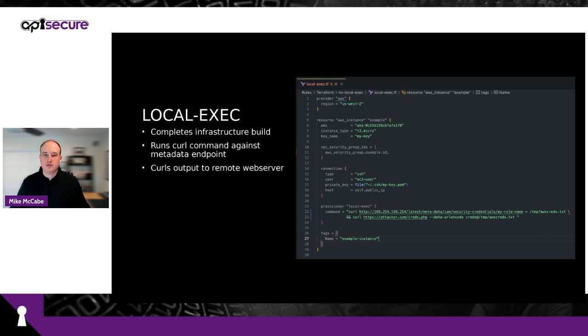You could do something like just dump it in the Terraform output so you can see it in your run, which would be exposed in your Terraform Enterprise or your Jenkins output, or